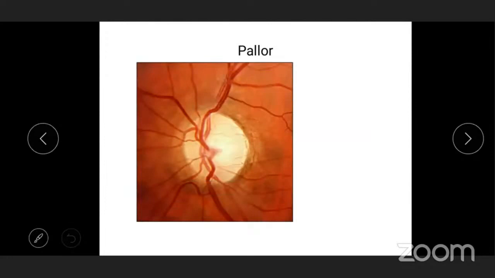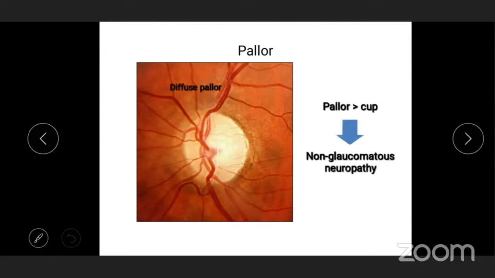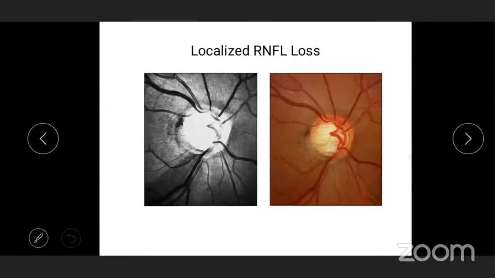So the next thing we look at is the color of the rim and pallor. Pallor can be seen in angle closure glaucomas, but if you see pallor like this, then you should always consider a non-glaucomatous optic neuropathy also. So rule that out, keep the differential of glaucoma lower down the list. It could be a brain occupying lesion and so on and so forth, or ischemic optic neuropathy, rule that out, and then consider angle closure. You can have a picture like this of the rim pallor.